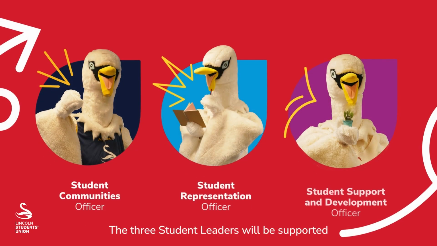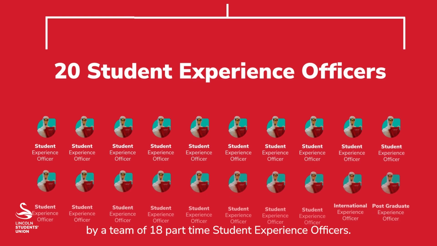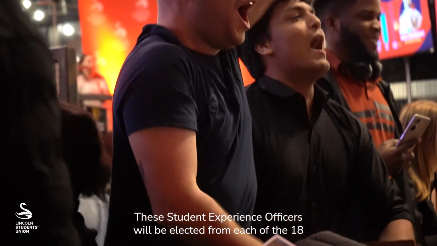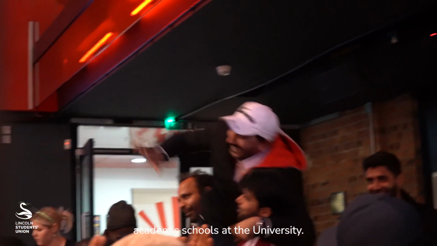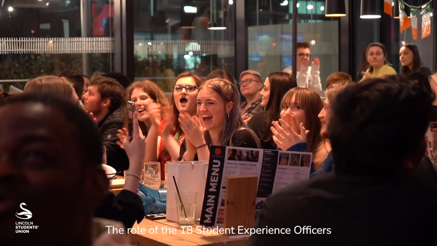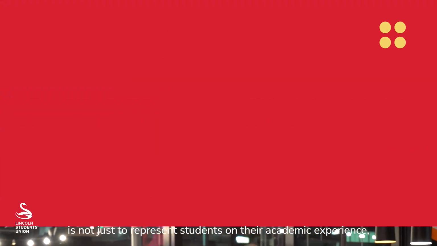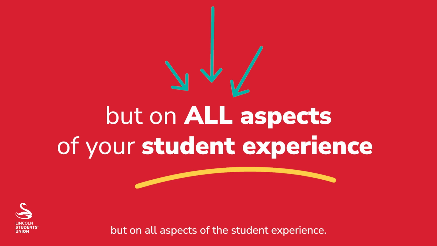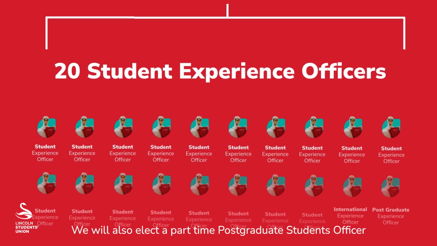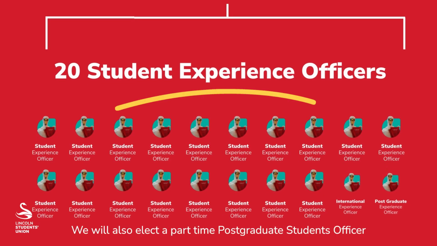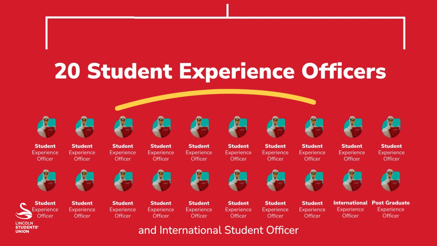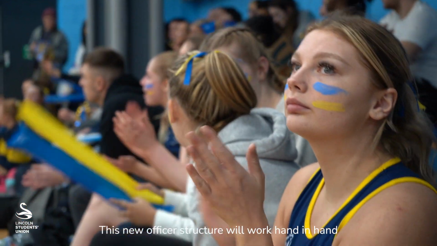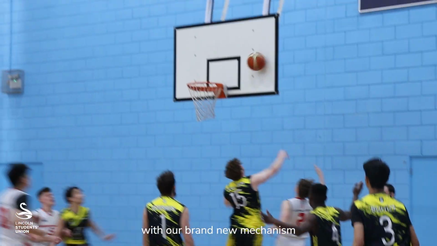The 3 student leaders will be supported by a team of 18 part-time student experience officers. These student experience officers will be elected from each of the 18 academic schools at the university. The role of the 18 student experience officers is not just to represent students on their academic experience, but on all aspects of their student experience. We will also elect a part-time postgraduate students officer and an international students officer to be a part of this student experience officer team. This new officer structure will work hand in hand with our brand new mechanism for the